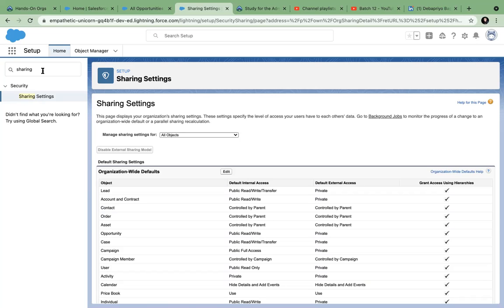So if that is the situation, even if the OWD is set to private, because restriction can only be done using OWD. So you have made it private because globally you don't want to share records. Nobody should see each other. If there is even one requirement that one person must not see other people's records, then you have to come to OWD and set that to private. So when you set it to private, then you have to open up. And when you have to open up, what are the different ways of conditionally opening up data for different people? That is called sharing.